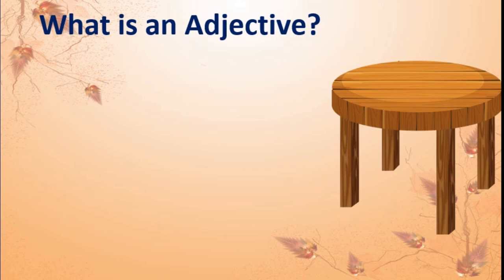We use this table to have coffee and all that. Correct? Now we will write some sentence and we will use adjective in each sentence. Okay, we will start. First one. It's a big table. Okay, now here table is a noun. You know that table is a noun and the describing word is big. Isn't it? Now big shows the size of the table.